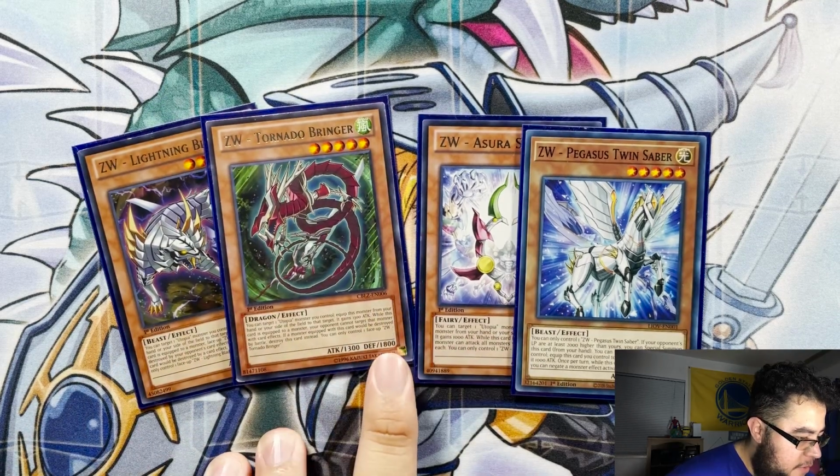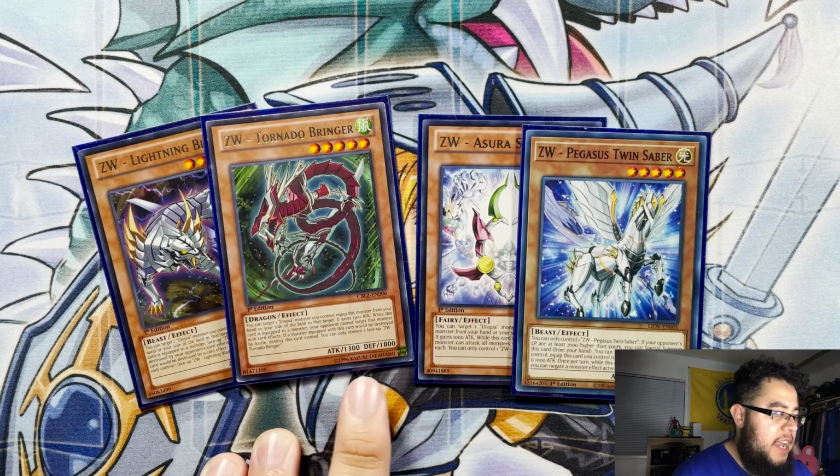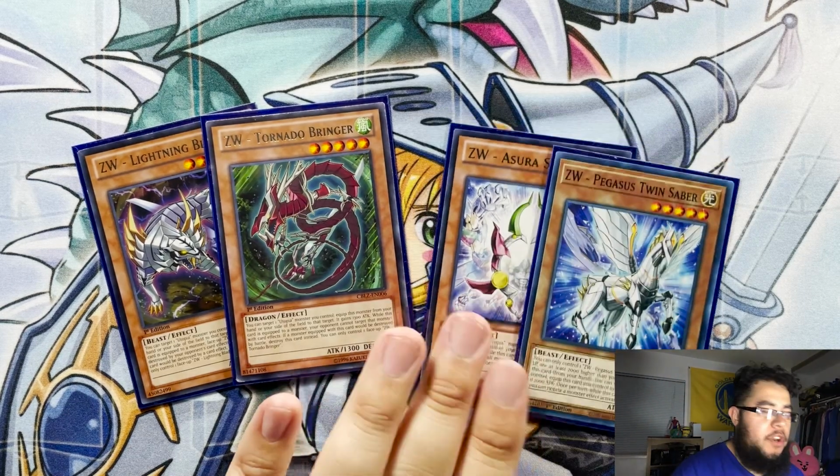Bringer is for battle, it gains 1300. Your opponent cannot target that monster for card effects, and if it would be destroyed by battle, you destroy this instead. And Azura Strike, I like playing because you can equip it really easily